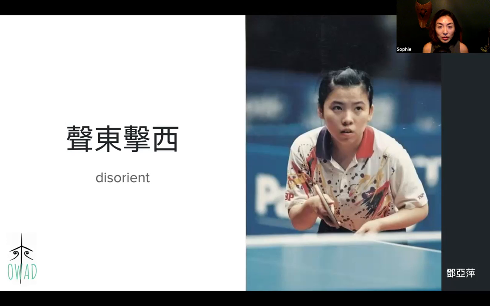But in spite of her frame, she doesn't have a long wingspan or long legs to zigzag quickly to defend on the ping pong table. Instead, she came up with some strategy to be super fast, almost indefensible to the opponent. So her name is Deng Yaping, and I use this ping pong image to pair with Disorient